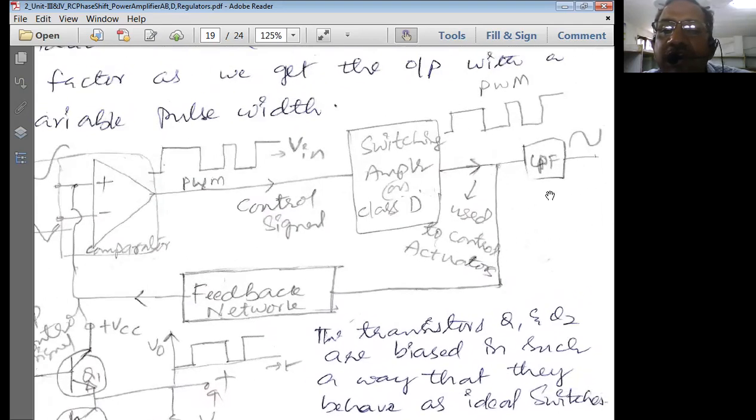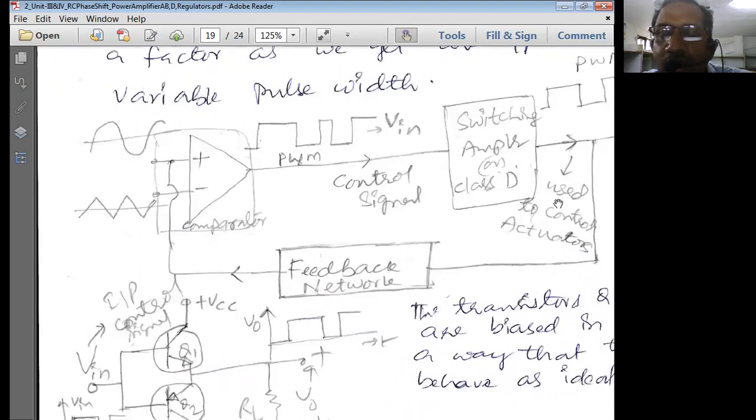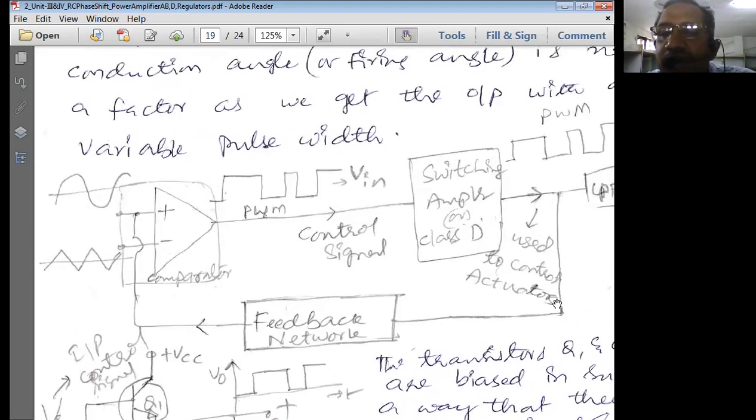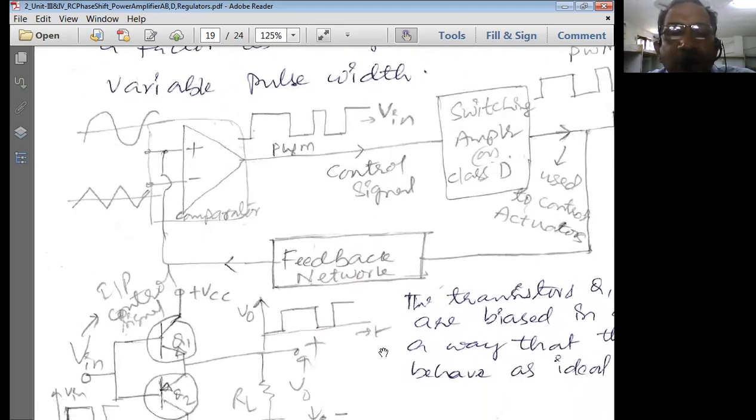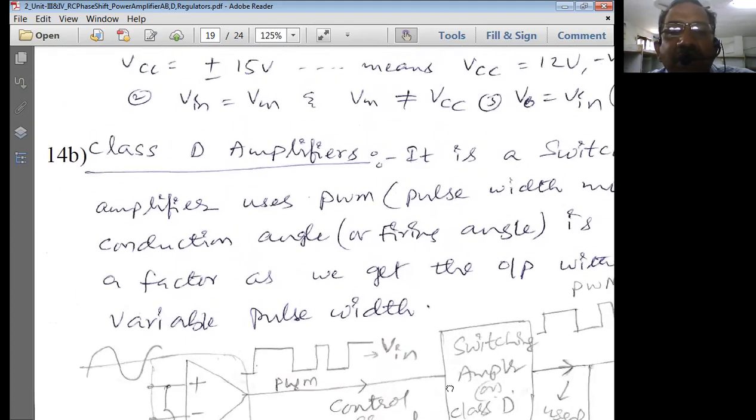In order to control the speed of the motor, or to control inventory control systems, we use these kinds of closed loop control systems. Okay. So to control the speed of a tachometer, to control the speed of lathe machines, or to control inventory control system mechanism operations, we use this type of class D power amplifier in a setup like this. Okay. So this is the practical circuit diagram which we can really use. The output of this class D can be used to control even actuators also. Okay. So this is how we draw the class D type of power amplifier circuit.